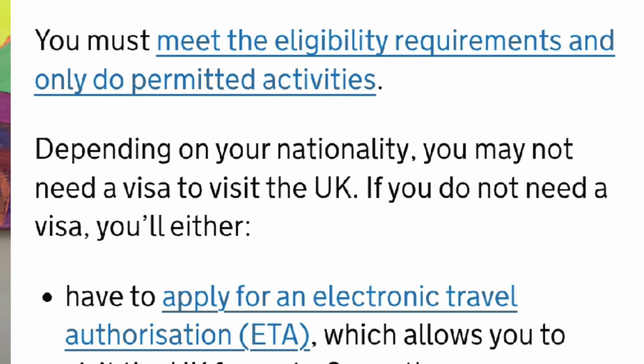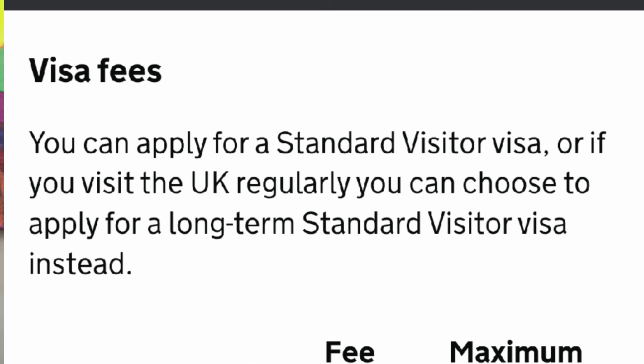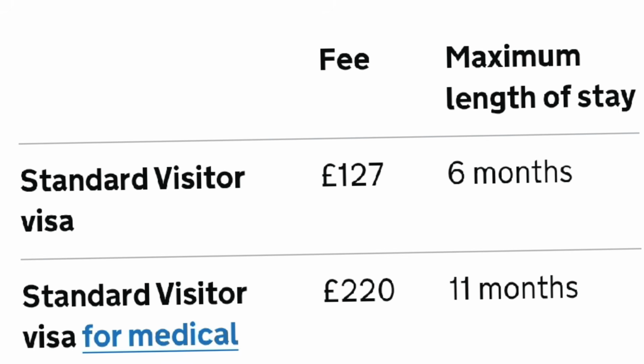Before we go through who is eligible for the UK Standard Visitor Visa, let's look at the visa fees first. You can apply for a Standard Visitor Visa, or if you visit the UK regularly, you can choose to apply for a long-term Standard Visitor Visa instead. So let's go through the visa fees. If you're applying for a Standard Visitor Visa for the maximum length of stay, which is 6 months, at the time I'm making this video, it will cost you about